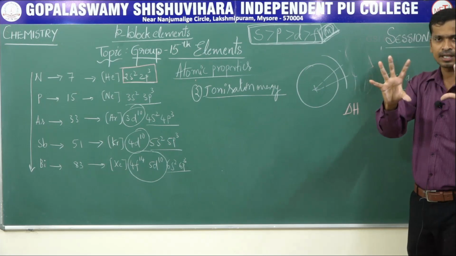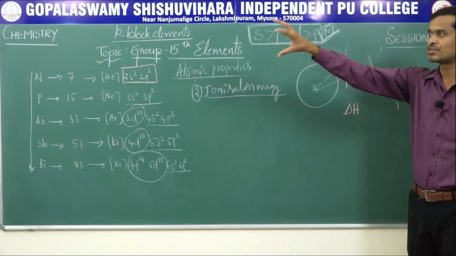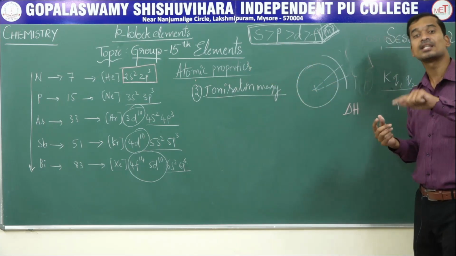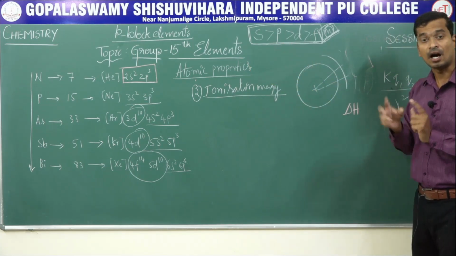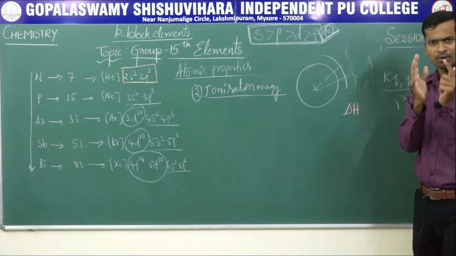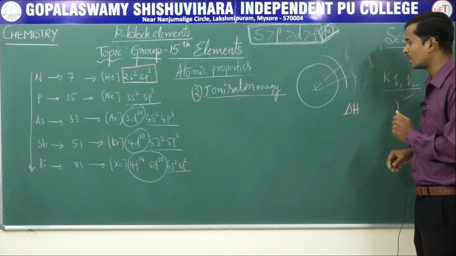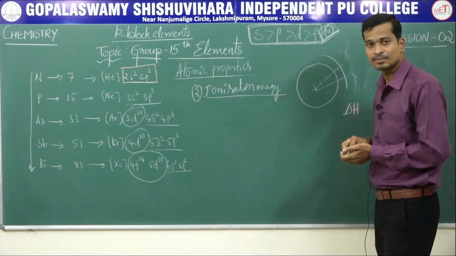Next, in the gaseous state, the atoms are very far apart. Clear? That is the reason for saying gaseous atom. Why is it called isolated? Isolated means it is a particular, single atom. That is called ionization energy.